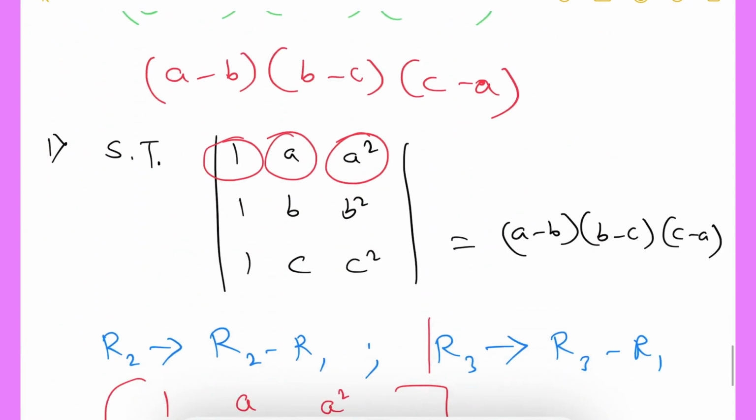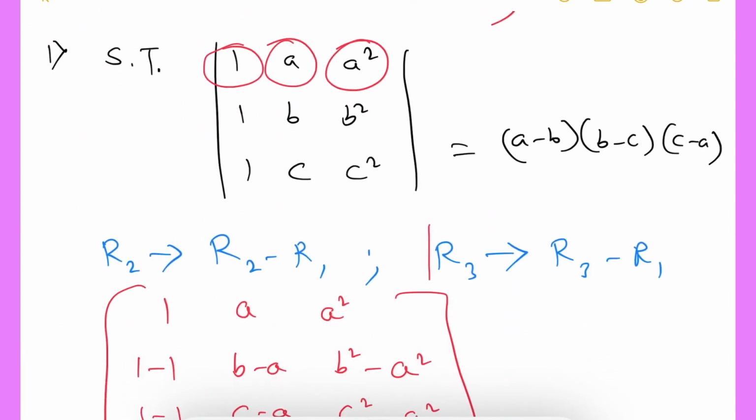Next, coming to the second method. In the second method, the biggest problem or difficulty is which rows we need to do subtraction on, or which columns we need to do subtraction on. This is the biggest problem. So in method 1 also, and in method 2 also, some problems or difficulties are there. To overcome those difficulties, we need to practice more and more questions. Then only it will become easy.